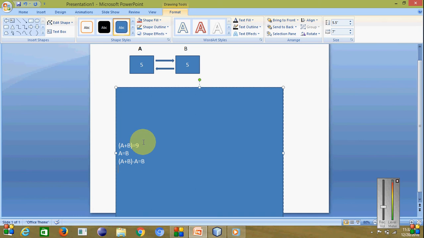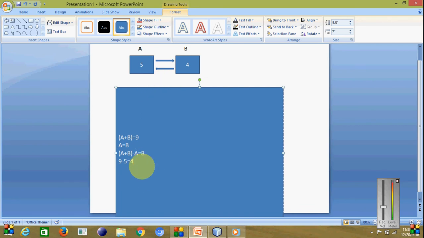The addition of these two values is 9, minus the value of A, which is 5. 9 minus 5 is equal to 4. So friend, we see the value of B has changed. It will become 4. So now friend, we see the value of A and B has been swapped.